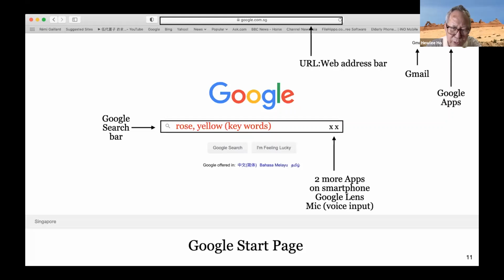The way to use it effectively is to learn to use the right keyword. So here I got one example. I put the word rose. If you click rose, they will give you the full page of roses in different colors. So if you are interested in one particular color, you put a comma and put yellow, then they will only give you all the yellow roses of whatever shape and form.